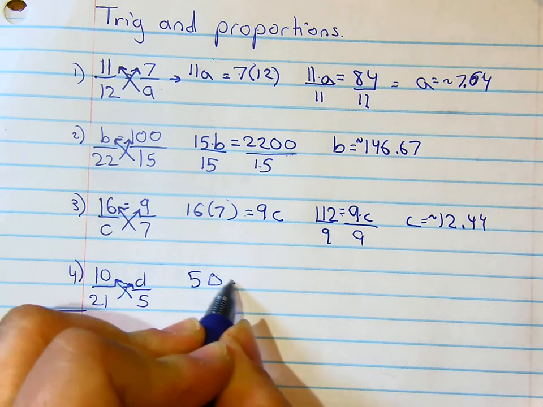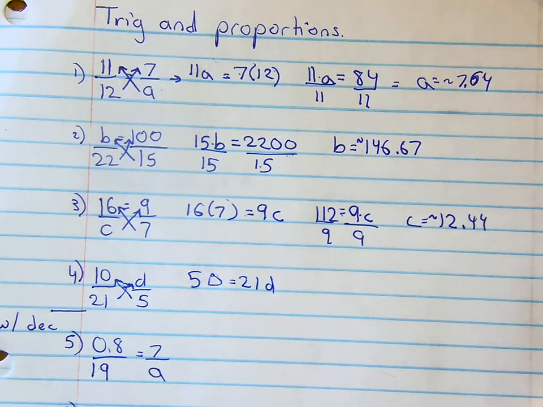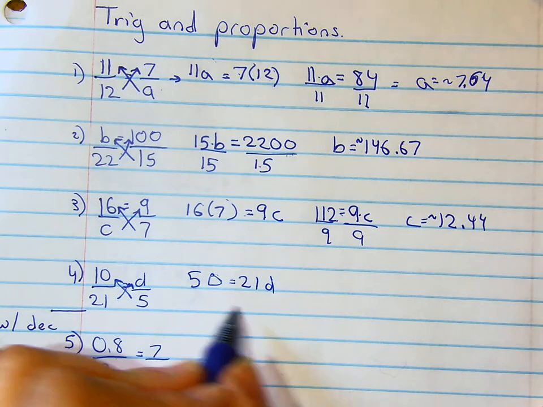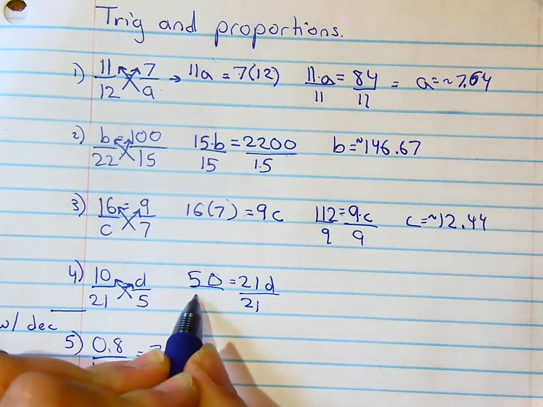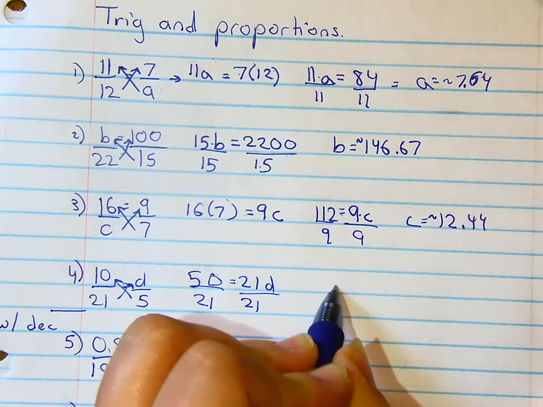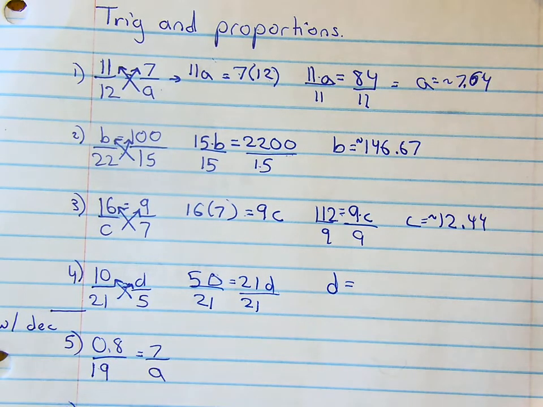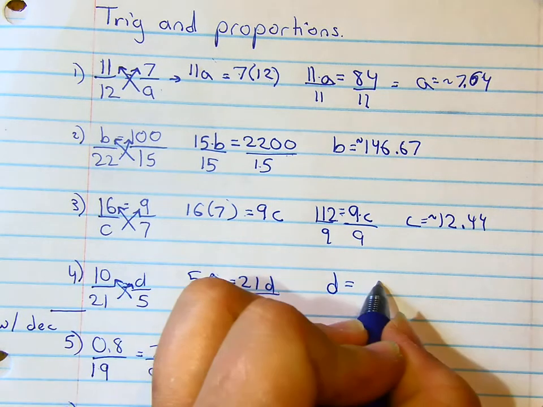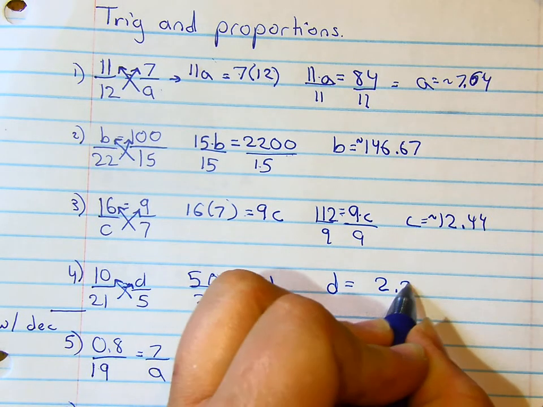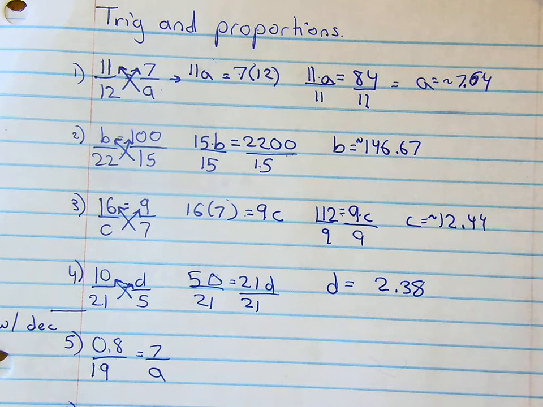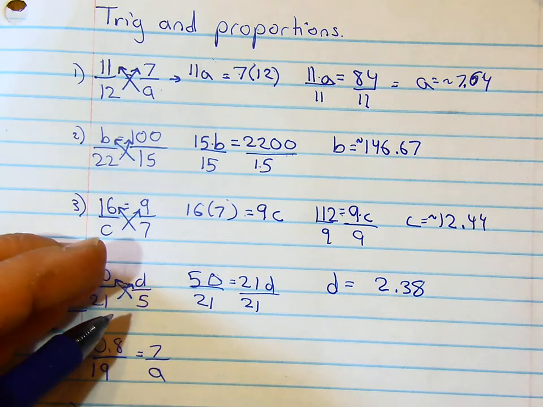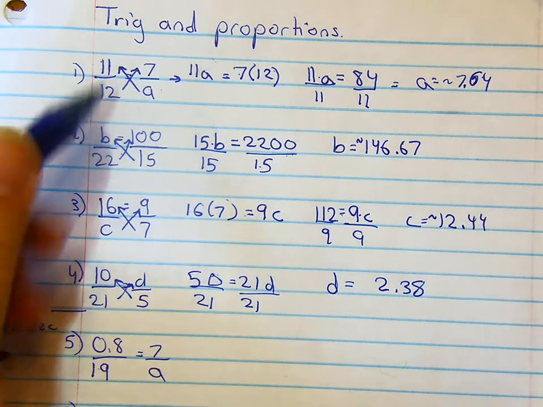So I get 50 equals 21d. Divide both sides by 21, and d is going to equal 2 and 38 hundredths. Now, one thing I want you to note from here as a really important pattern is